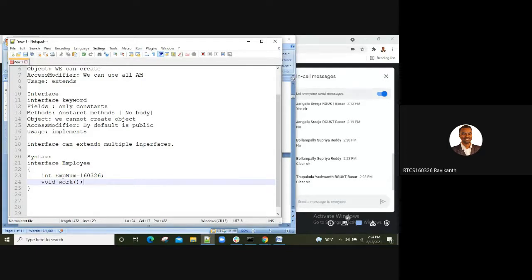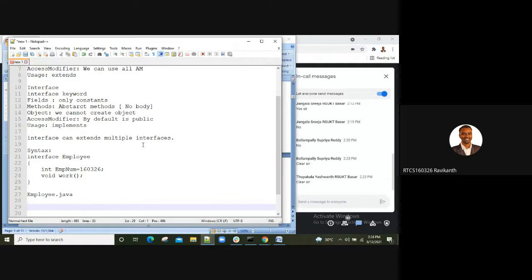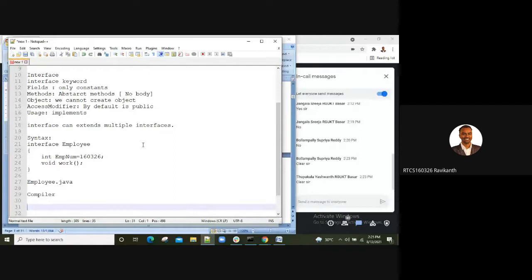So what happens is when you write this code and when you compile this code, the compiler again gives you employee.java as the source code. You have saved this as employee.java, and then you have given it to your compiler as a next step. Now the compiler is going to create this. Once it is compiled, this code is converted into this format. Let me just show you.